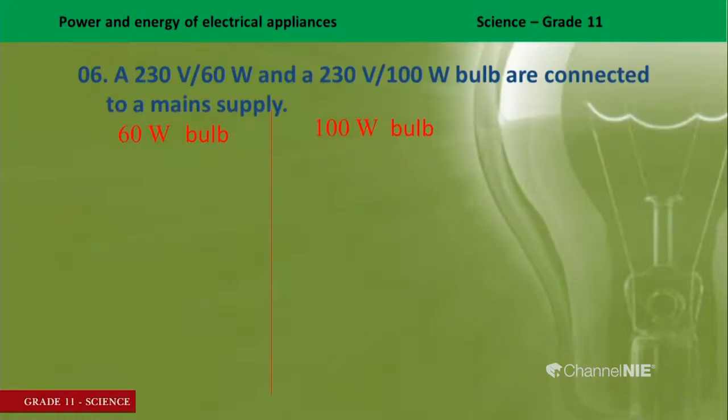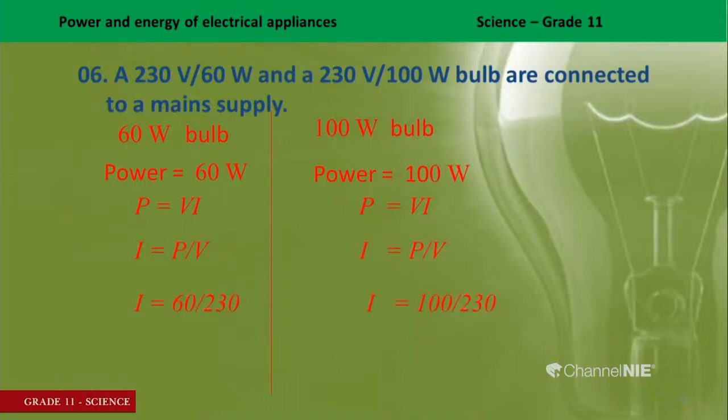Yeah, so we need to take 60 watt bulbs and 100 watt bulbs. Using our formula, we can calculate the current going through them. We mark the power, we know the power, and we have the formula here, P equals VI. Now, we know P and we know V. So, using the data given, we can find I in both instances. So, I equals P over V.